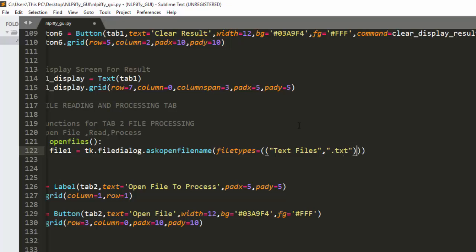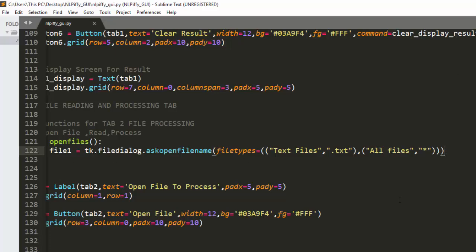So that is another aspect. I can also make sure that it can accept other files. So let's create it like this, so that it's going to accept all files. So all files. Then if I want to accept all files, just go with this, and then star, right? Asterisk. So this is going to allow me to receive all kinds of files, which is very interesting. So I've created a file dialog box. If I save this here,